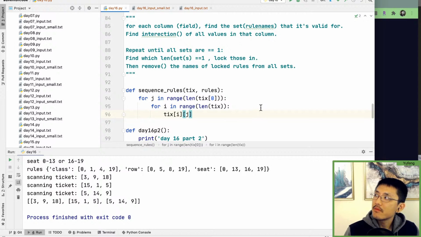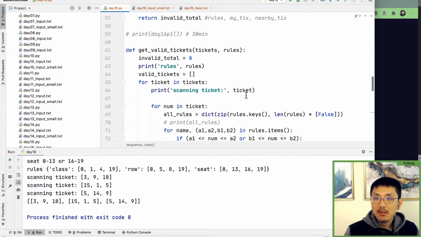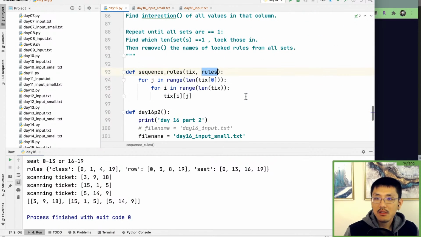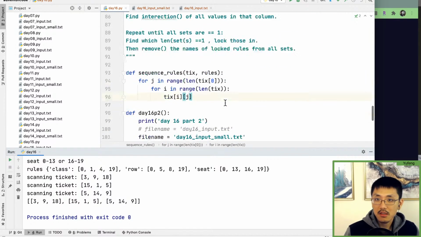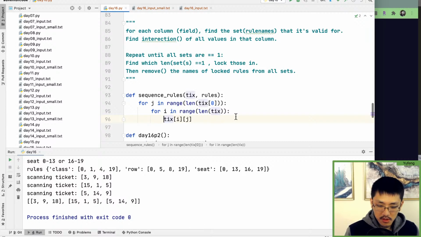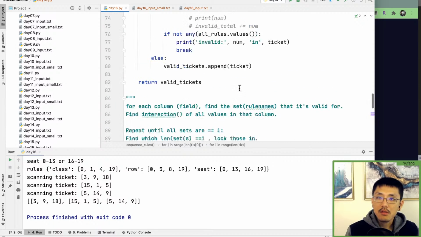I'm starting to think I need to make this rules checker like a static thing, so it doesn't have to reparse it every time. Well, no, we have the rules here. Yeah. So for a given ticket, for a given number, really, we need to find which rules it satisfies. Yes? Okay, so for num equals that,